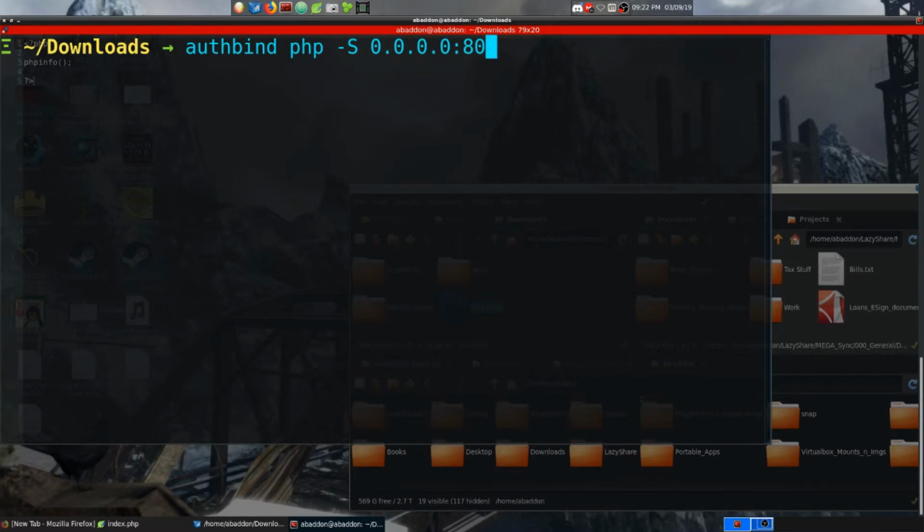Okay, and so what 0.0.0.0 basically means is use any available address on your machine, so either the localhost as well as the LAN address, etc., and basically set up to listen on those ports. Okay, and so again, like I said, we were prefacing with authbind php, and from there this allows us to use port 80 to host information,